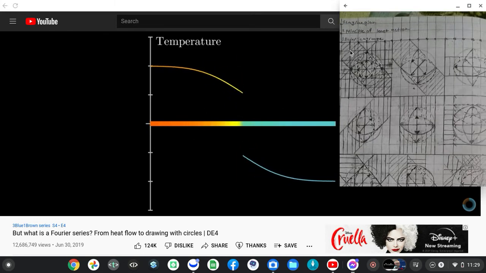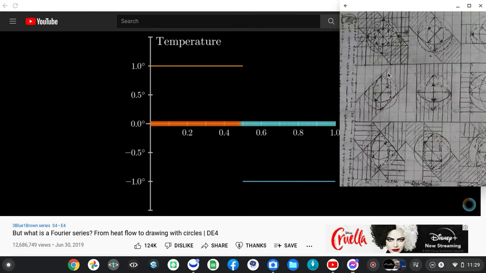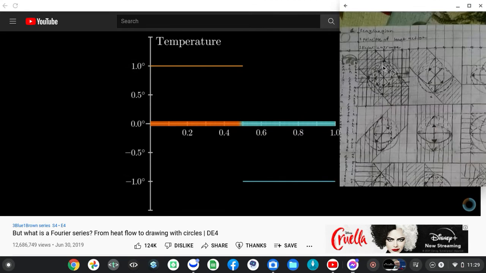To make it simple, let's say the temperature of the left rod is 1 degree, and the right rod is negative 1 degree, and that the total length L of the combined two rods is 1. What this means is our initial temperature distribution is a step function,